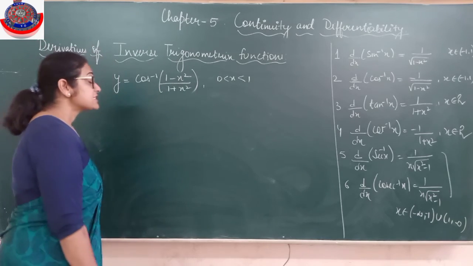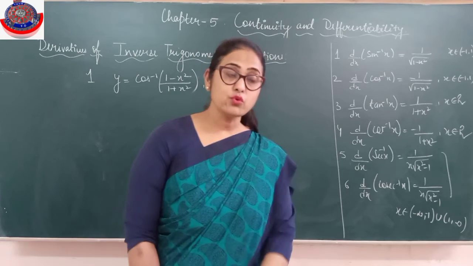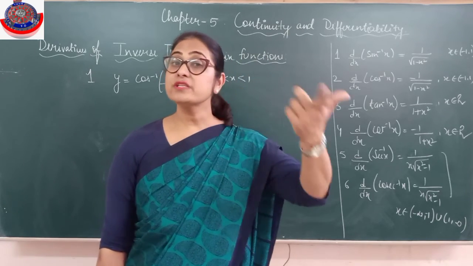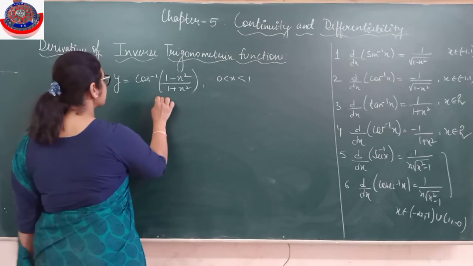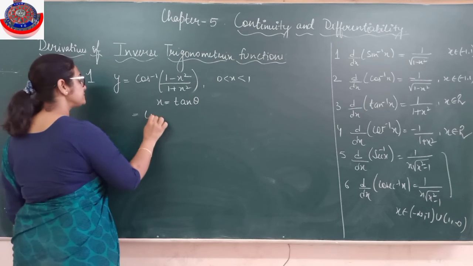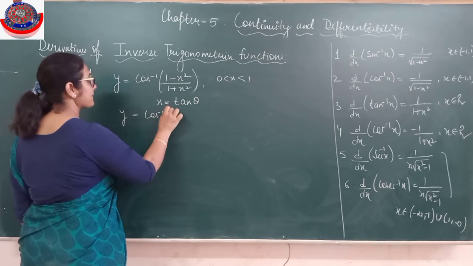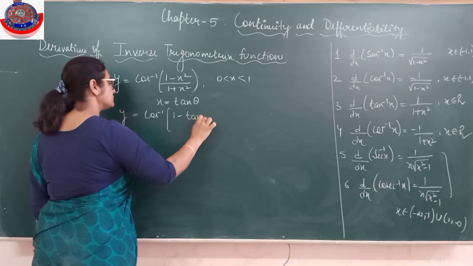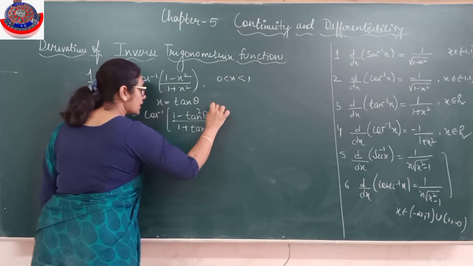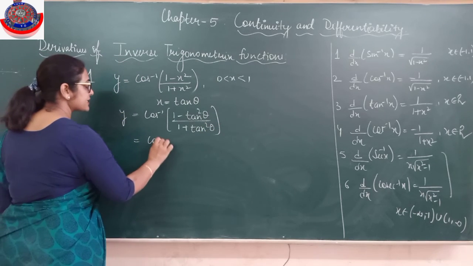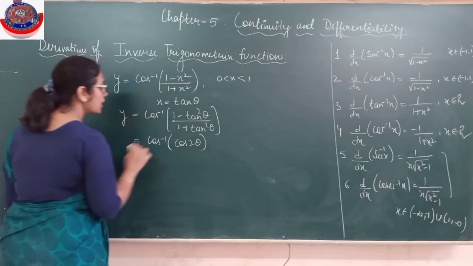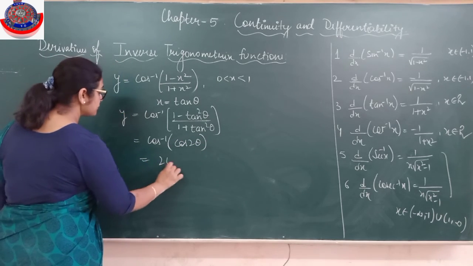So I need to simplify it. So what am I doing? In simplification, you know there were a few standard rules, and for a few, after seeing the formula we come to know what to substitute. So here if I do a temporary substitution, say x is equal to tan theta, I get the formula 1 minus tan square upon 1 plus tan square. Which formula is this? Good. It's the formula of cos 2 theta. Cos inverse and cos cancel. I am left with 2 theta.